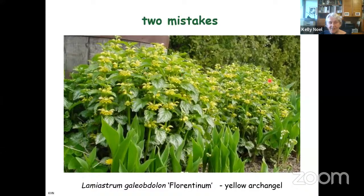I planted it here in the sun. There's another mistake in front. If you see, those are lily of the valley. But anyway, it took me quite a while to remove all of this from this area. But I did move the lamiastrum to